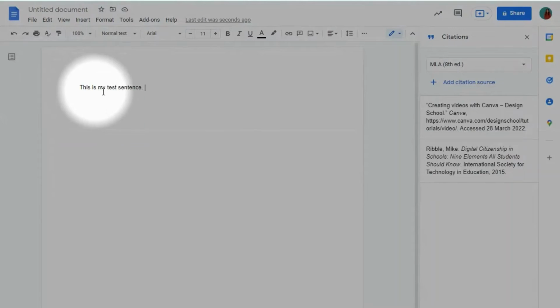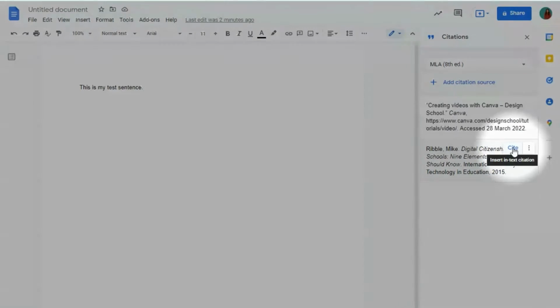I did write out, this is my test sentence, but most likely you will have a real sentence, and wherever you want to add your citation, you will click to add your cursor. Your cursor is the blinking marker of where you're about to type, in this case where you're about to add the citation. Then you will go to your sources, and right here both of them say cite, and this is an easy way to insert your in-text citation. So let's say the sentence I just wrote references this source. I will click the cite,